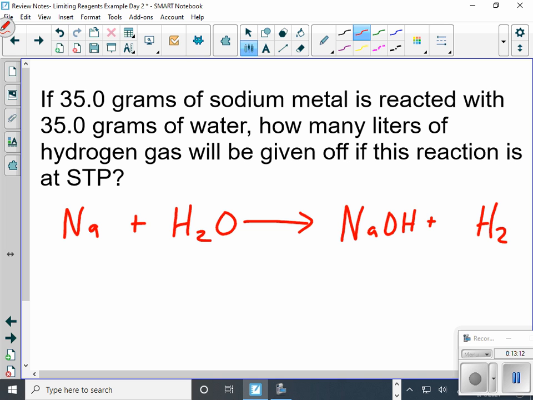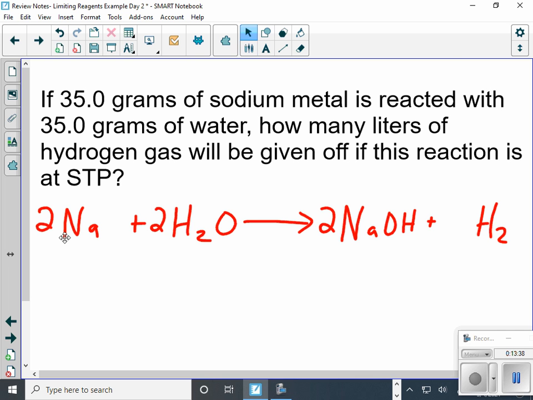Now I have to balance that up. If I put a 2 here, a 2 here, and a 2 here, that balances up the equation. So now I have my balanced chemical equation. I've got 35 grams of sodium, 35 grams of water. It doesn't matter where I start, okay? So I'm just going to start with